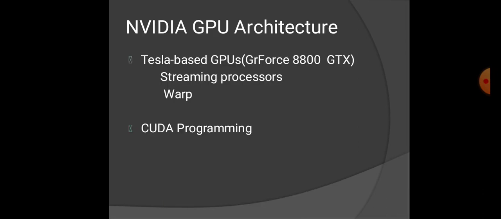Next, NVIDIA's GPU architecture. The terms and ideas in NVIDIA GPU architecture are called TESLA and the CUDA programming environment. GPUs are integrated into the motherboard chipset such as the North Bridge or South Bridge. In TESLA based GPUs, chips are often built with between 1 and 16 nodes, which NVIDIA calls multiprocessors. First we'll see the TESLA based GPU.